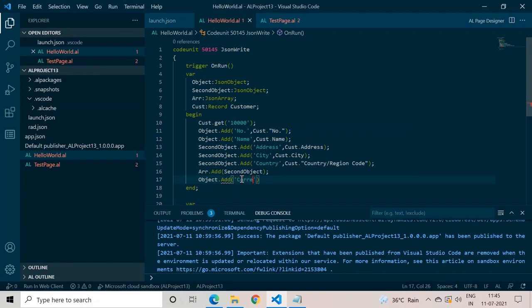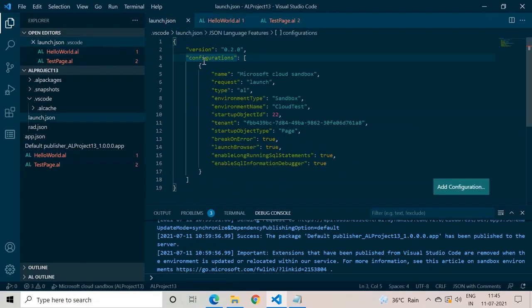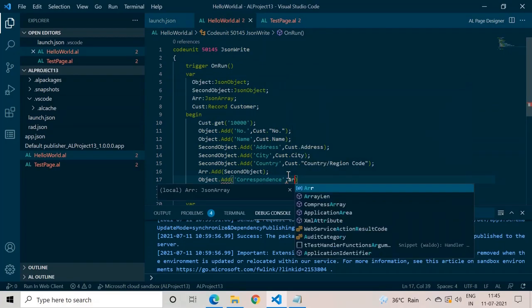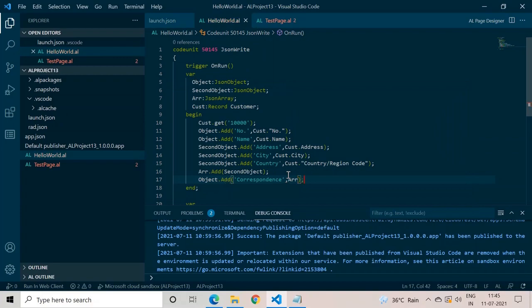Let me write the text, which is the same as this configuration, and here place a comma and add this array. So now our work is completed and we have successfully added my second object, my array, in my parent object.